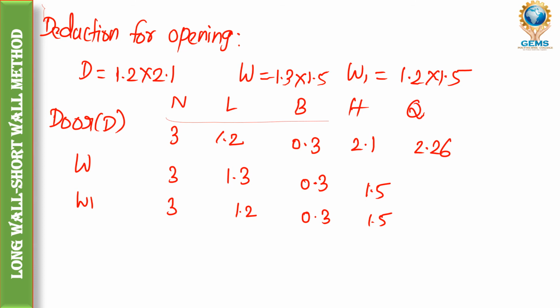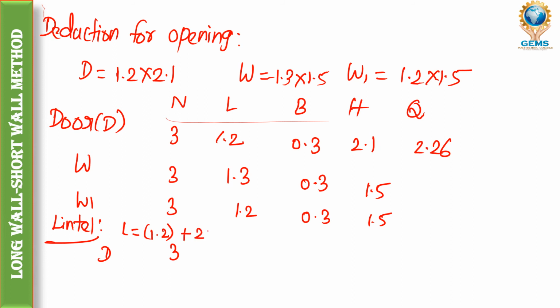So we need to calculate for lintel also. How can we calculate the lintel? For calculating the lintel, first the door. For the door, three numbers are there. For calculating the length of the lintel, we have a formula: the length equals the breadth of the item, that is 1.2. For the door it is 1.2, right? So 1.2